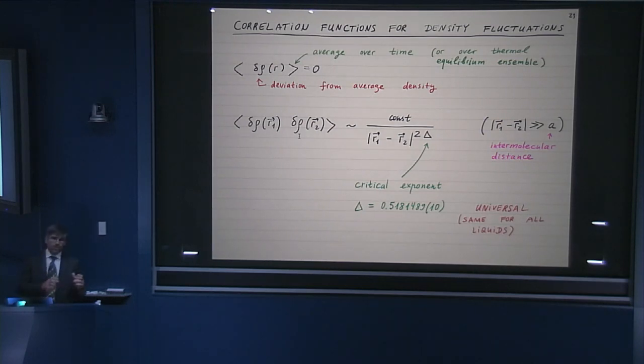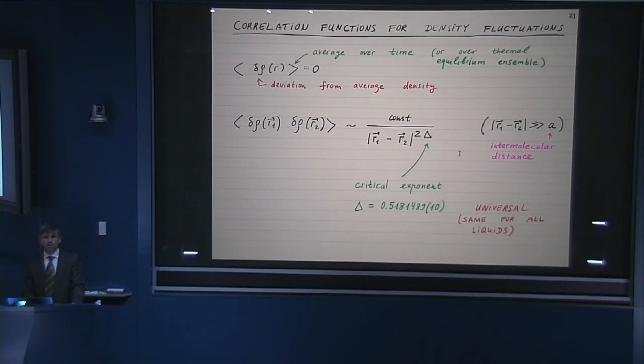Because if you look at one point and, for example, delta rho is positive, there is some overdensity at one point, then it's more probable that at a nearby point, this overdensity will survive. So this correlation function, you expect it to be positive on general grounds. And if the system has a scale invariance, which is true at the critical point, this correlation function mathematically will have a power law form. So it's going to be some constant over the distance between the 2 points, r1 minus r2, raised to some power. Traditionally we call this power 2 delta, and delta is some numerical parameter.